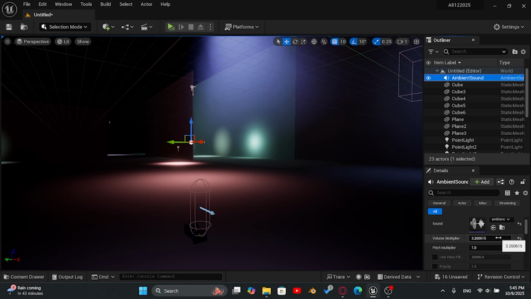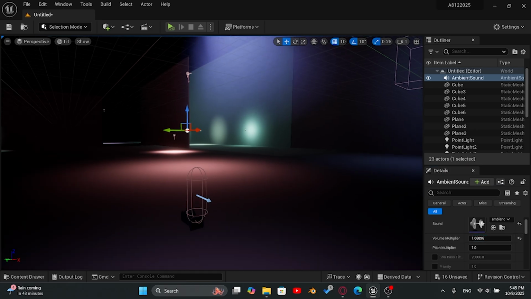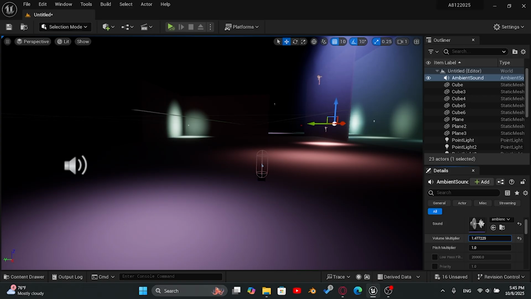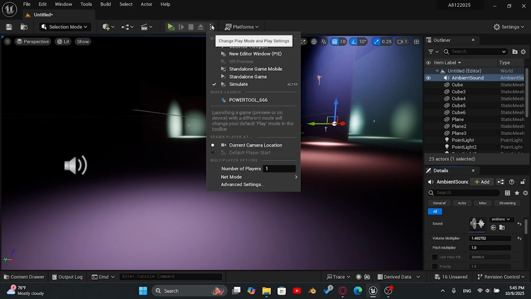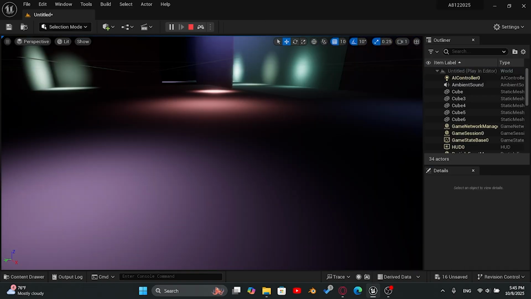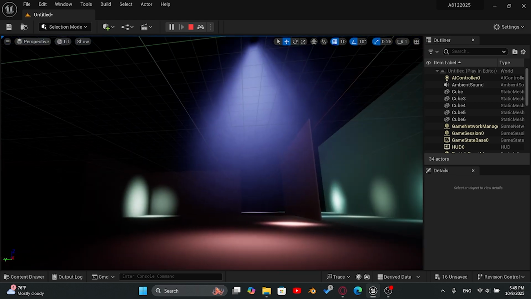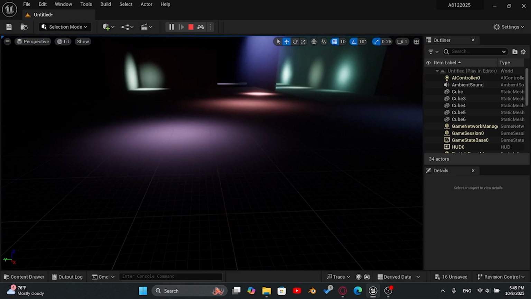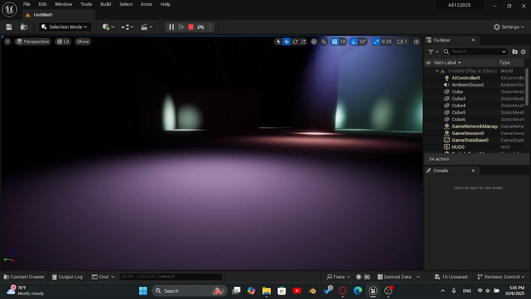And I'm gonna lower my volume multiplier, because I just want it subtly in the background. And then hit simulate. Okay, that's better. And now again, if I approach this,